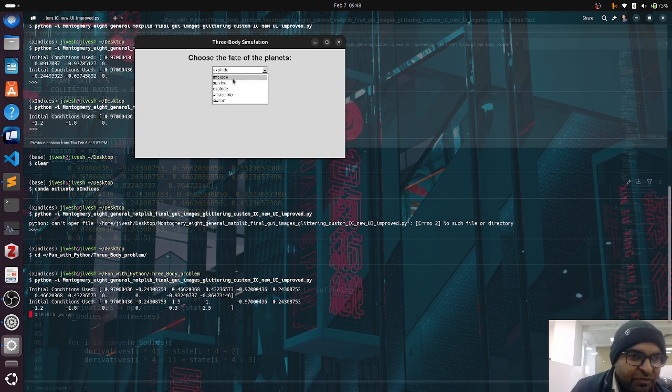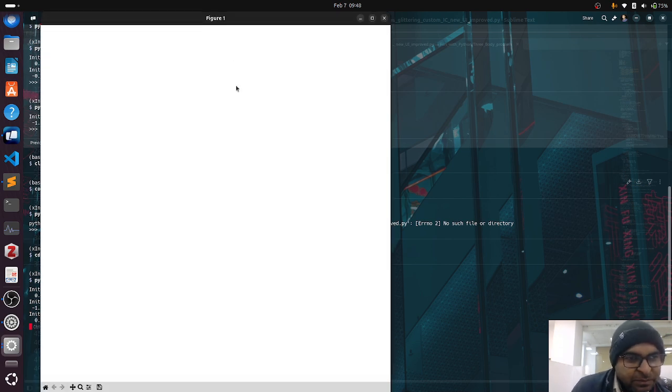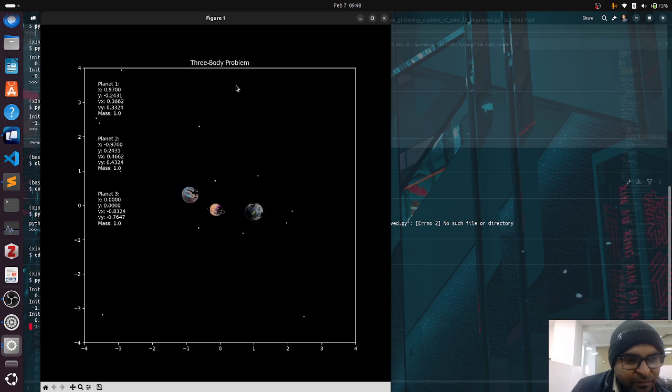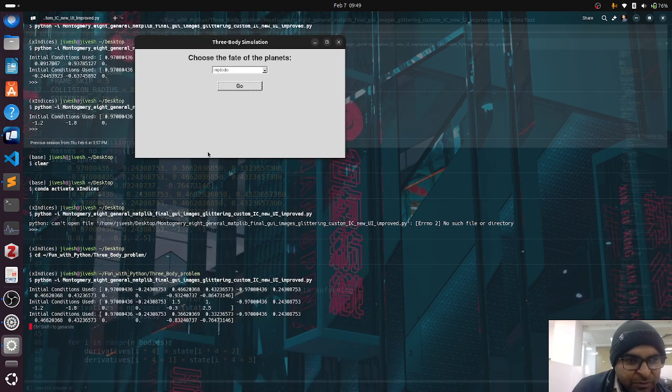Then we have this implode case. There are many cases where we can find this imploding behavior from all three bodies, but in many randomly generated cases we will see that two bodies will collide with one another and simply move away, and the remaining body will never meet them.